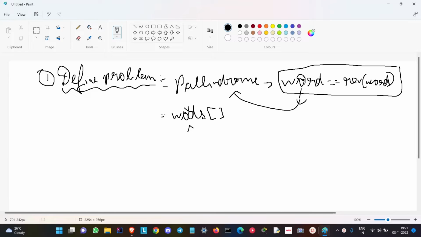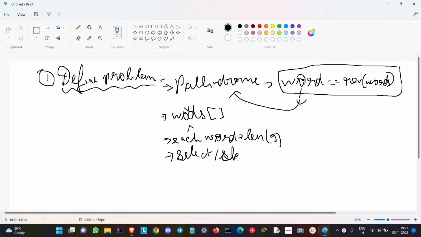Each word will have a length of 2, and we can either select or skip. So we need to select or skip each word, and any order doesn't matter. So you can choose them in any order, and finally we need to return